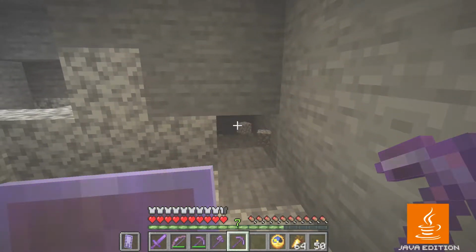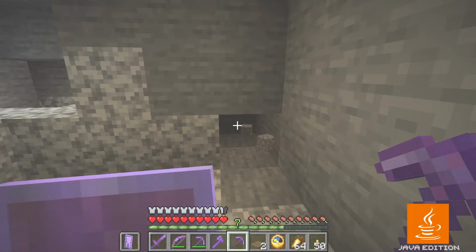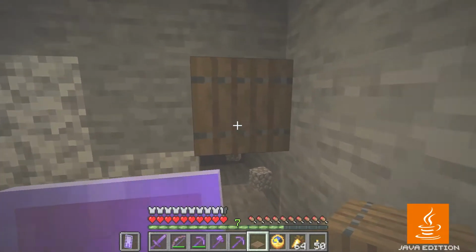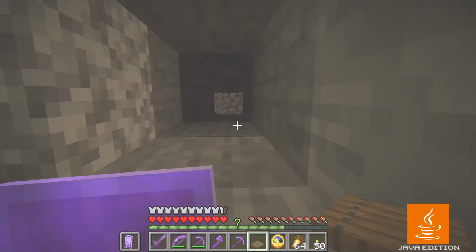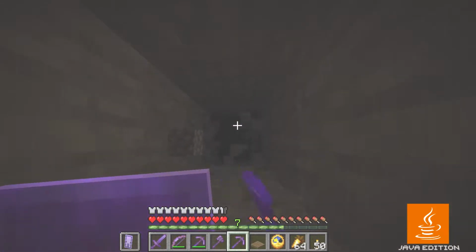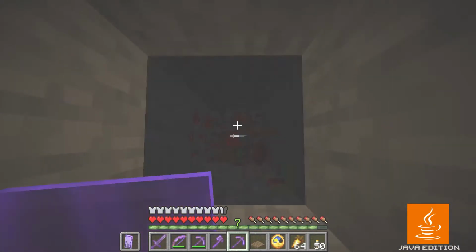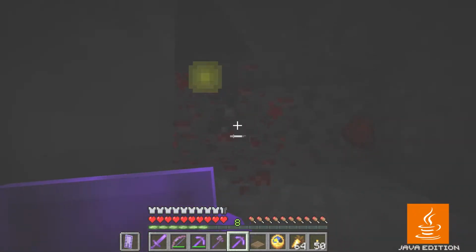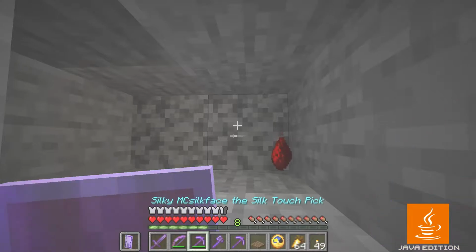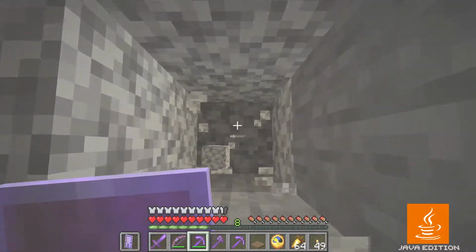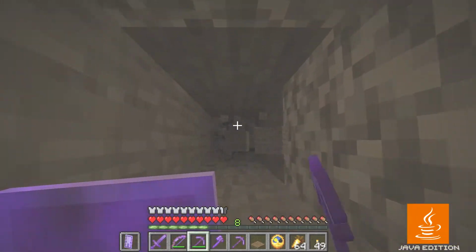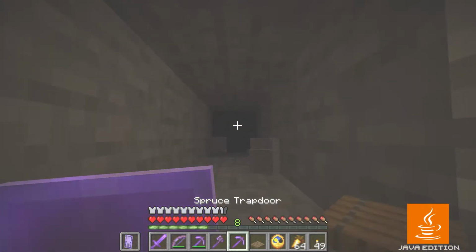One other thing I probably should show off here, because I've never actually tried this, but I know you can do it. I can take a trapdoor and stand next to it, and then push myself down into a 1 block wide space. That's how you do it in Java Edition. And this should work well here in chunks that I've already rendered. Oops, that's the wrong pick. I want the silk touch one. This should work well in chunks that are already rendered from the 1.16 version,